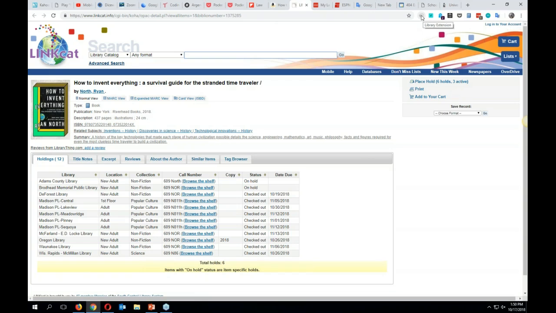It will activate on Amazon and on Goodreads. So if you're looking at a book on Goodreads or on Amazon, it'll say, well, let me check your library for you. You can also add more than one library. So if you're in Wisconsin Valley, for example, and then also using SCLS, you can check both catalogs at the same time. It's a free app that's really a great thing to show your patrons, in my opinion, who might be looking on Amazon to find new suggestions, and then they can use it to come back into your library catalog and push them towards the content that we have that we want them to use.